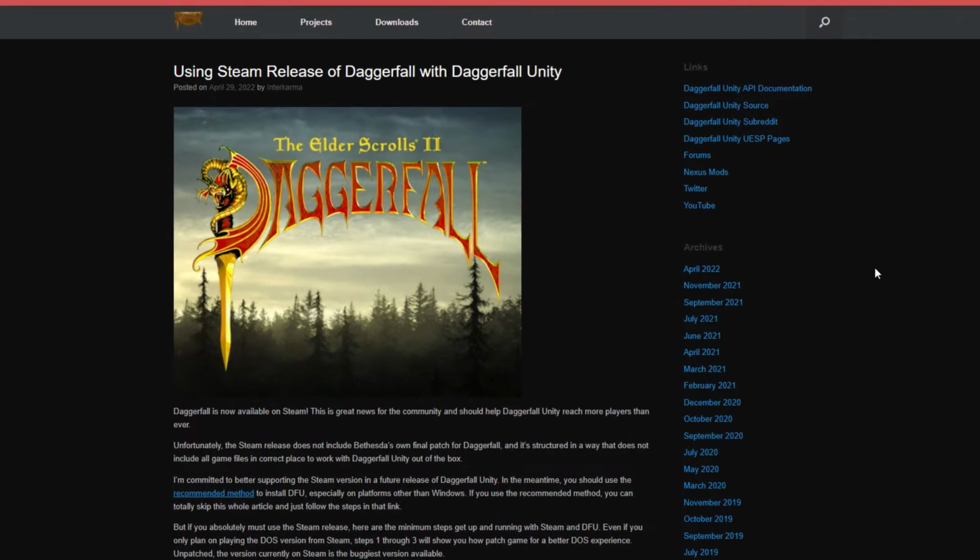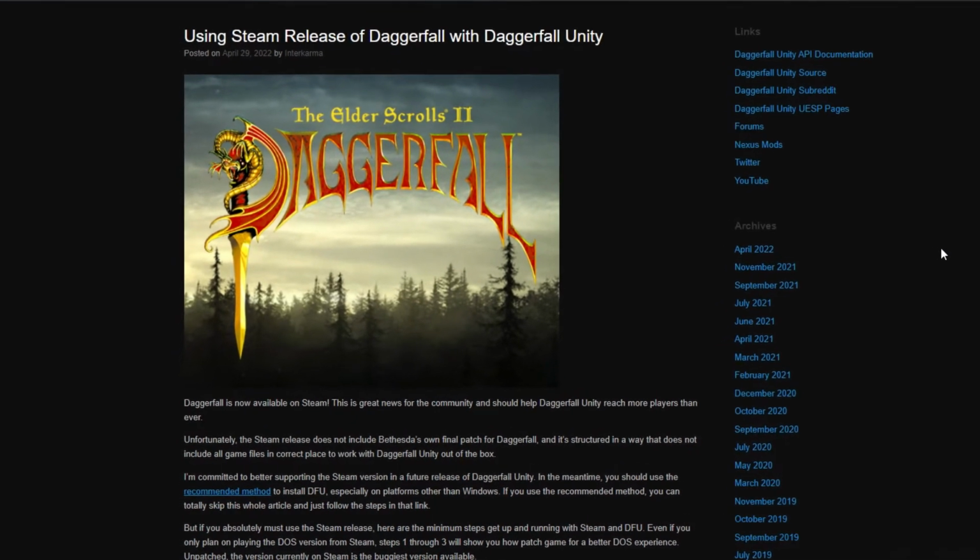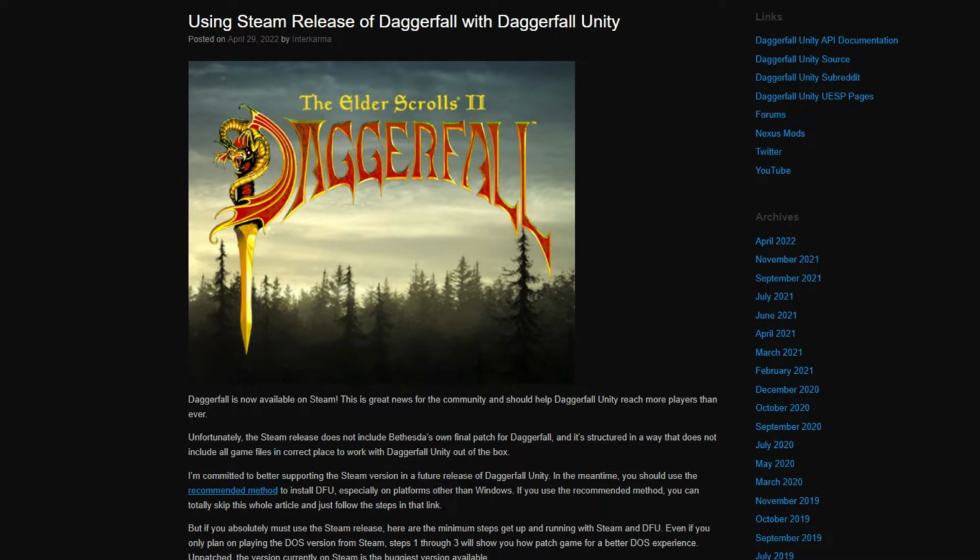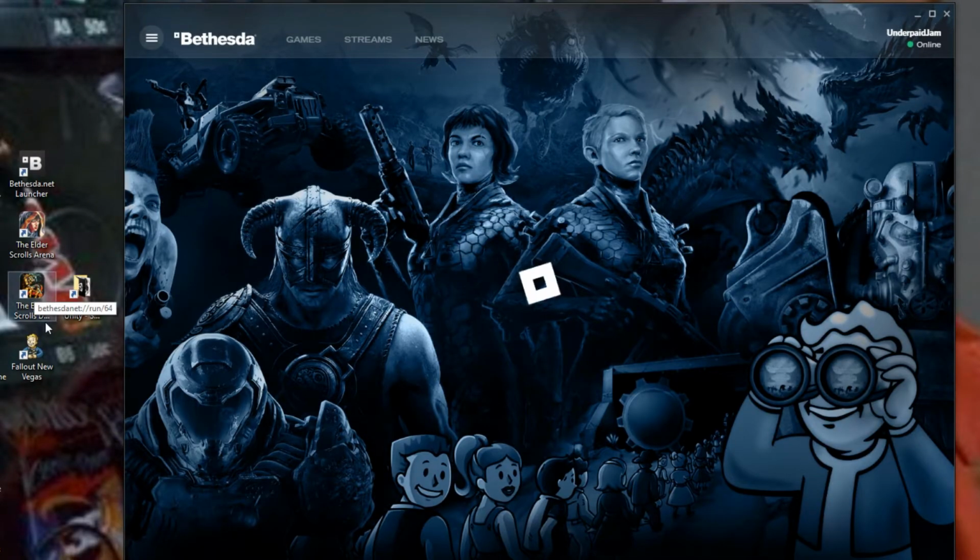Finally, the third place that you can download Daggerfall from, and the site that I'm going to recommend you download Daggerfall from, is straight from the Daggerfall Unity website. When you download Bethesda's version, it runs through the Bethesda launcher, which is admittedly kind of clunky and takes forever for it to load on my PC, so that's a drag, but that issue, like all the others, can be